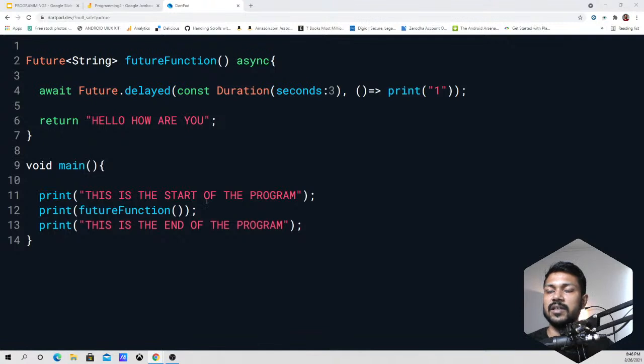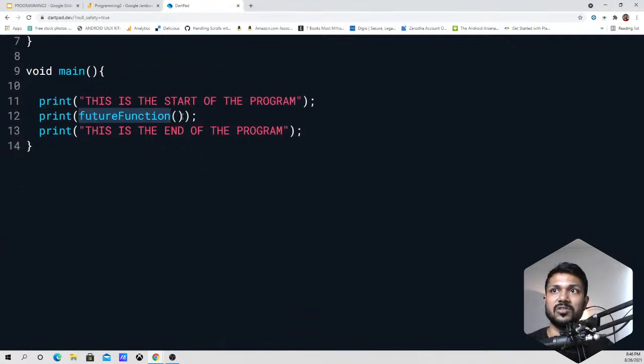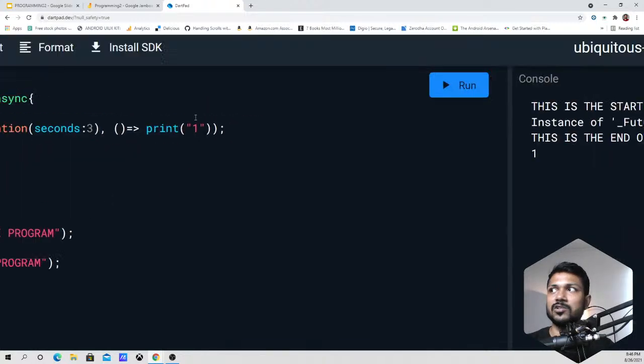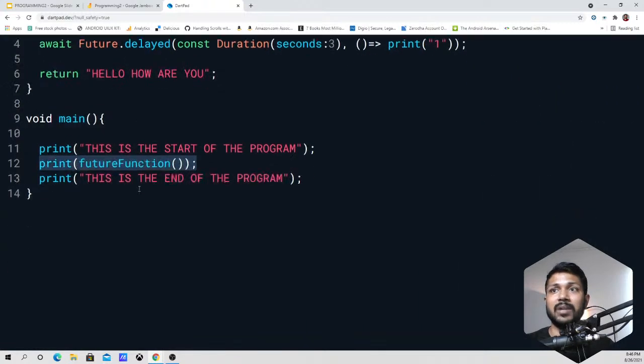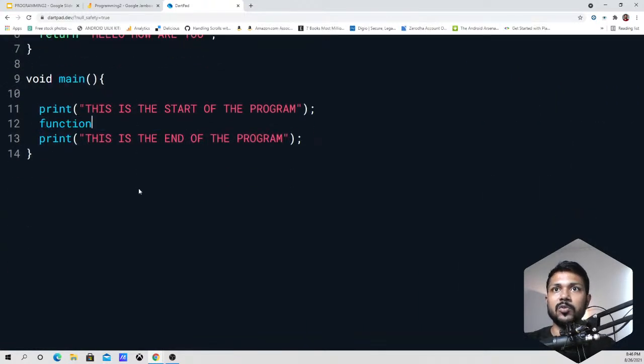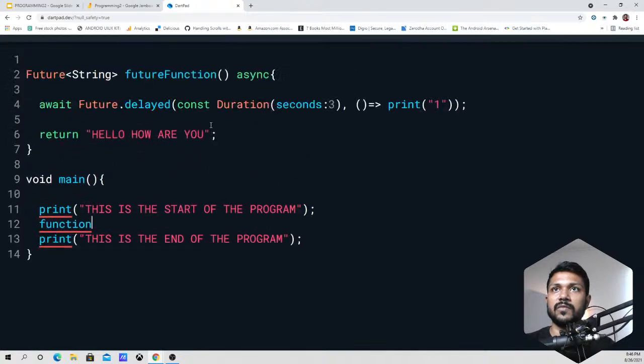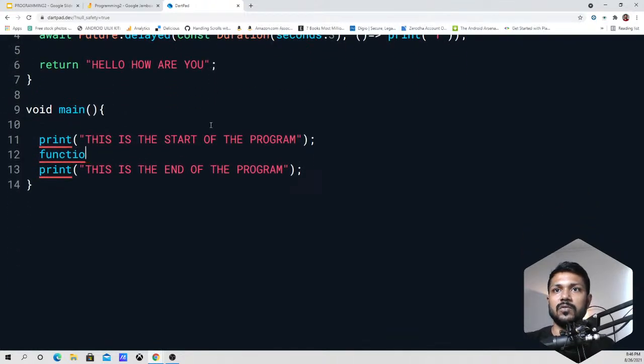All right, so in here we're just calling the future function, right? The first thing that the future function will do is return an instance of future. That's what is getting printed here, but I'm not very interested in that. So what I'm going to do now is say the future function, which is present here, the future function